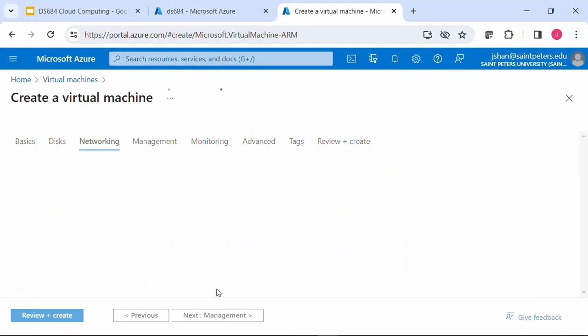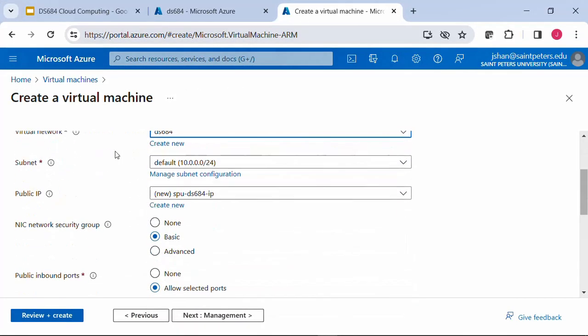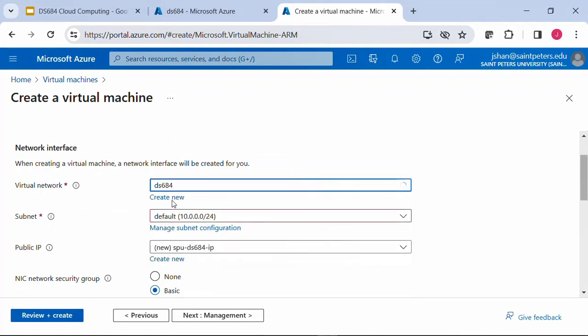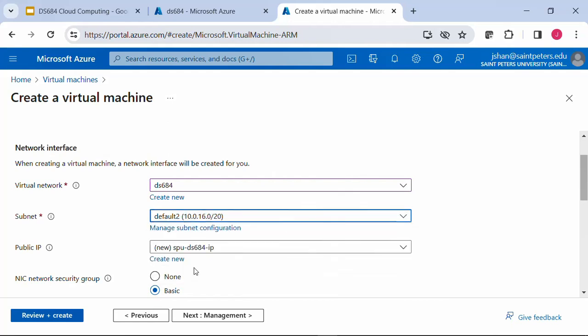And we go further down, go to networking. This is where you will choose your virtual network. This DS684 is the one that we just created. And as you can see, there are two subnets that I can place this virtual machine in. If I choose this default 2 that I just created, right, I can